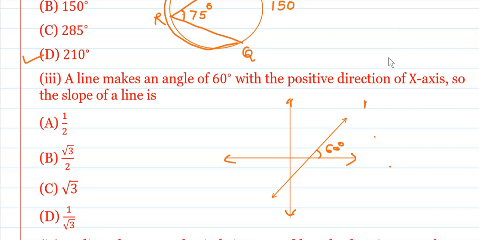मग slope कसा find out करणार? That is m is equal to tan of theta, means what? Tan 60. And tan 60 is equal to root 3. Okay. Therefore, the slope of the given line is root 3. Hence, the option C is the correct one. Okay. Now, the next